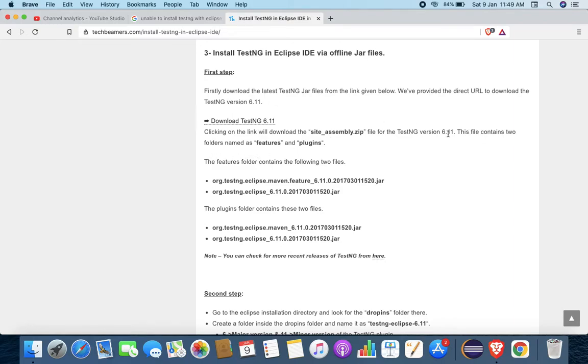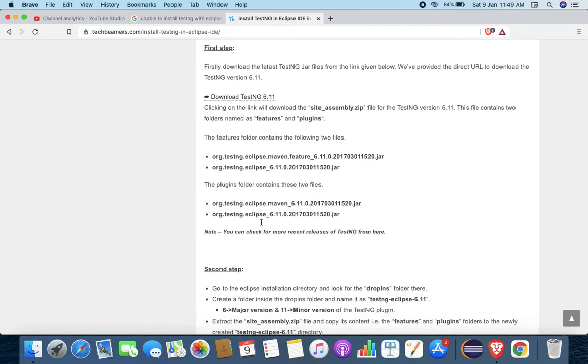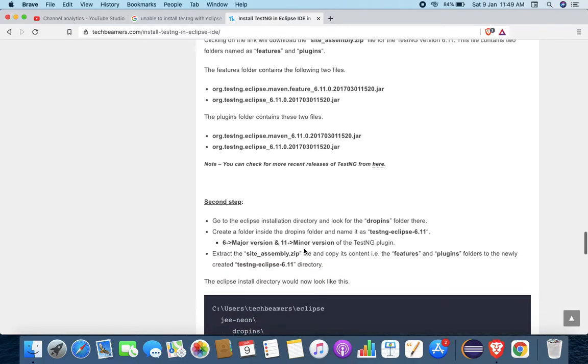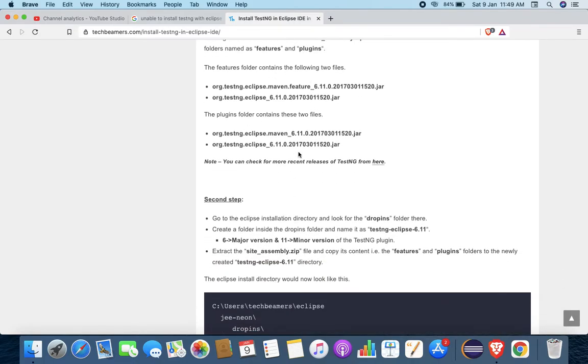If you unzip, it contains two folders, features and plugins. The features folder contains these two files, and the plugins folder contains these two files.